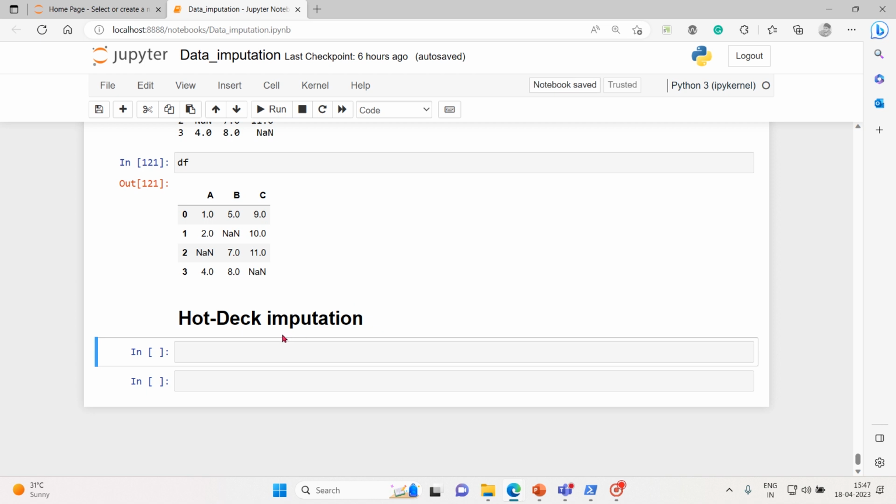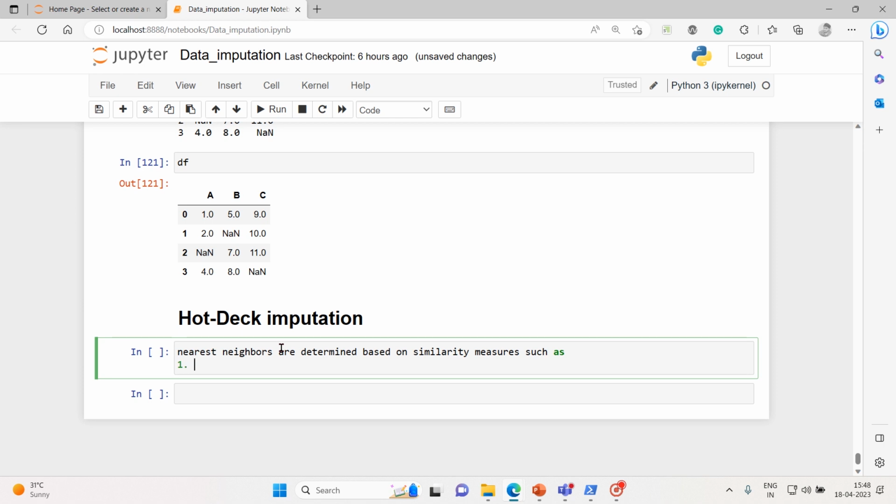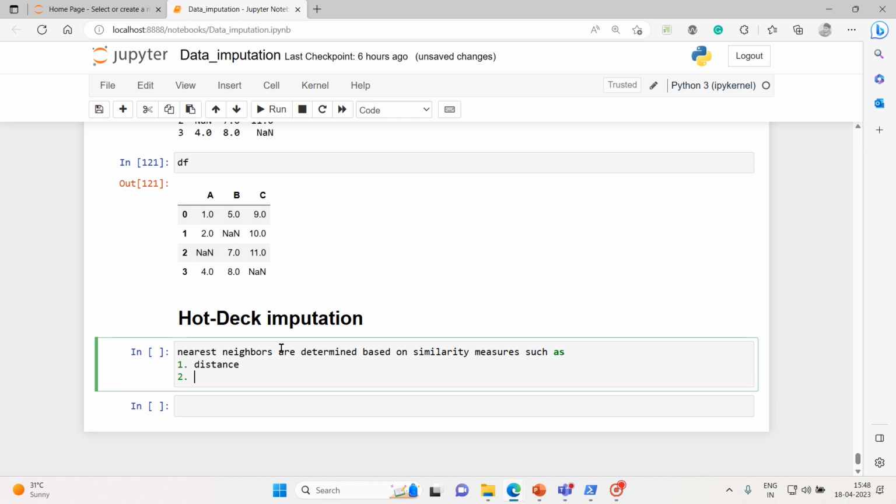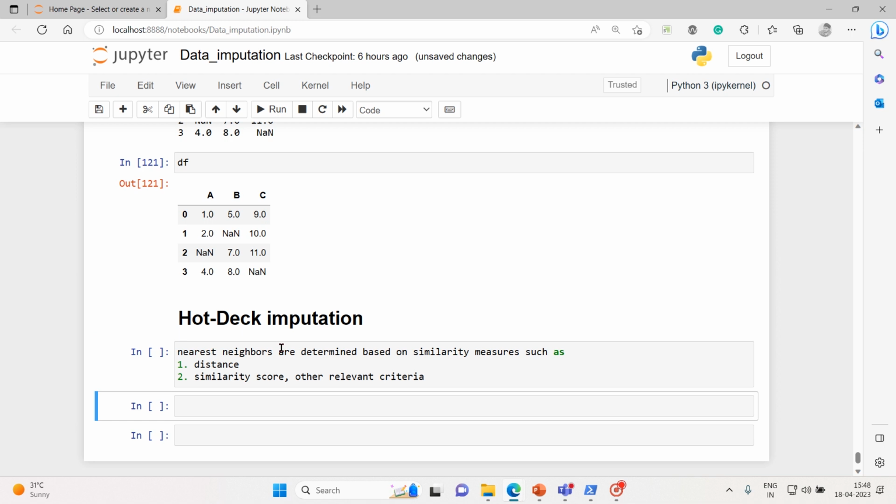So nearest neighbors are determined based on similarity measures, such as, first one is distance, similarity score, and other relevant criteria. Okay,